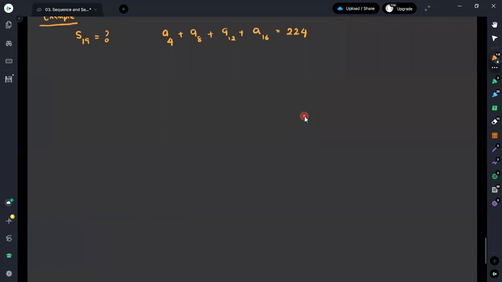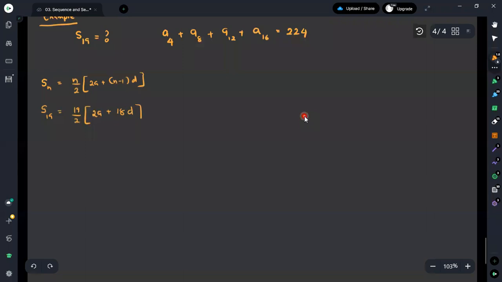Therefore, we are asked to calculate S19. To calculate S19, we can use the equation Sn is equal to n divided by 2 times 2a plus n minus 1 times d. Instead of n, now you are having 19, therefore we'll get it as 19 over 2. Then here we are having 2a plus 19 minus 1, it is 18 times d. Therefore